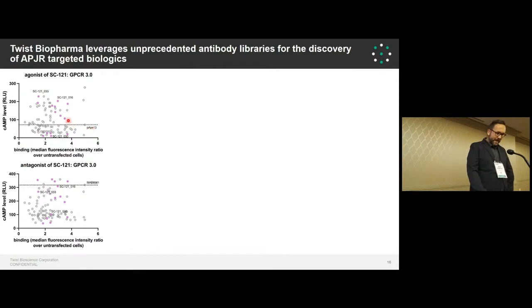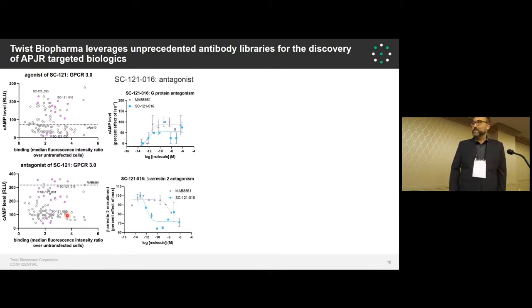So you can see the top binders are not necessarily the best. They don't end up being the best agonists or antagonists. So there's three interesting leads here. I just want to pull out the dose response curves. On the top is G protein blocking, the curve is going up, and on the bottom is beta-arrestin blocking for this